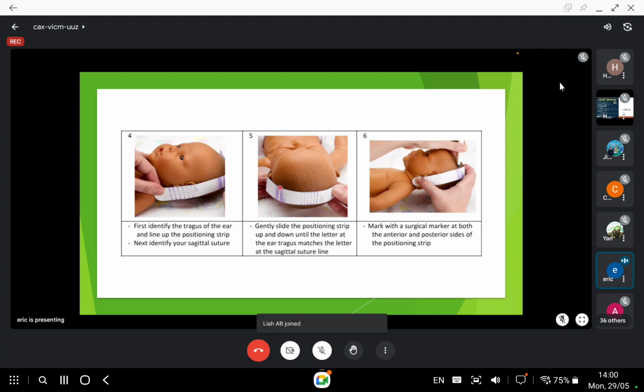So I presume that you can mark the P3 here, and then we can move the ruler to the other side, so that this place will be in line with the tragus in order to get our F3, if we are using the F3, P3, F4, P4 markings. Okay, so once we have marked that up,